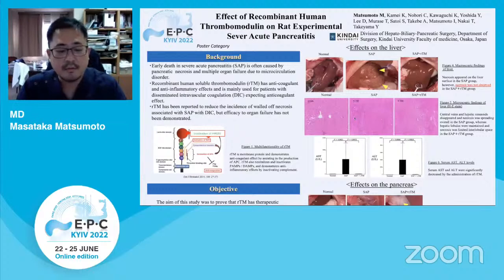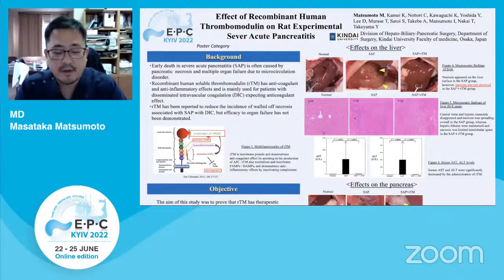Recombinant human soluble thrombomodulin, RTM, has anticoagulant and anti-inflammatory effects and is mainly used for patients with disseminated intravascular coagulation, expecting an anticoagulant effect. But RTM also inactivates HMGB1 and demonstrates anti-inflammatory effects by activating complements. Moreover, RTM has